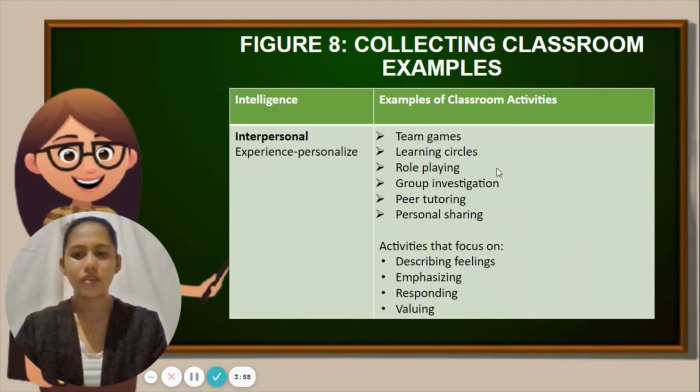The second one is the interpersonal skills, which involve the experience. So in the classroom activities, we have team games, learning circles, role-playing, group investigation, peer tutoring, and personal sharing. Activities that focused on describing feelings, empathizing, responding, and valuing. So what is interpersonal skills? It is the ability of how we interact with people, and